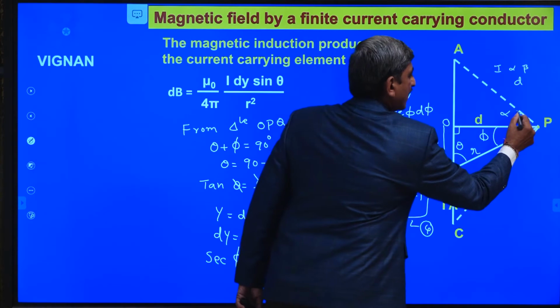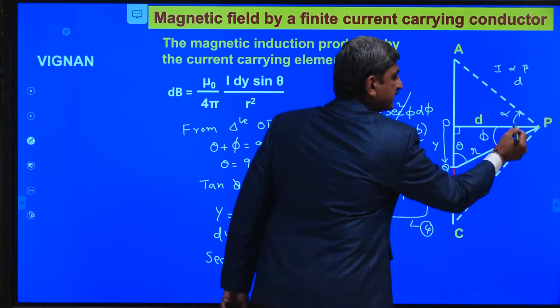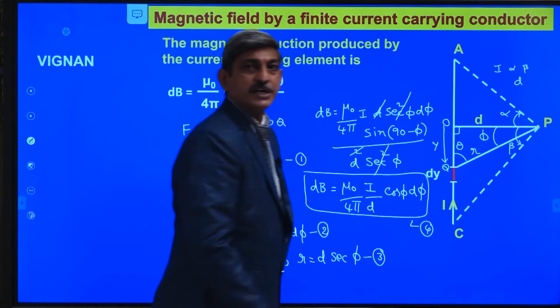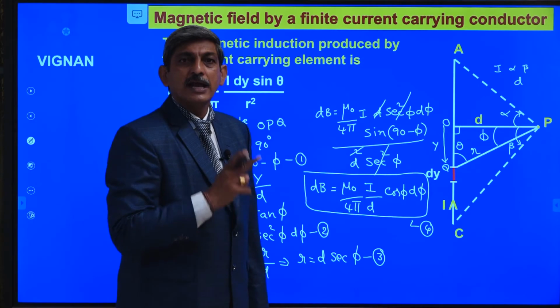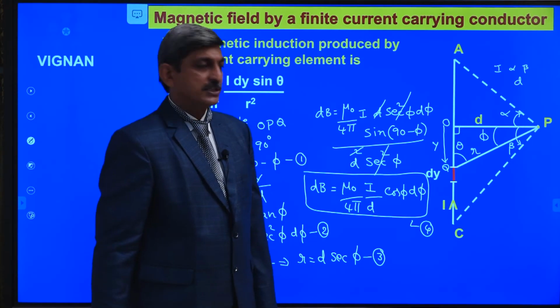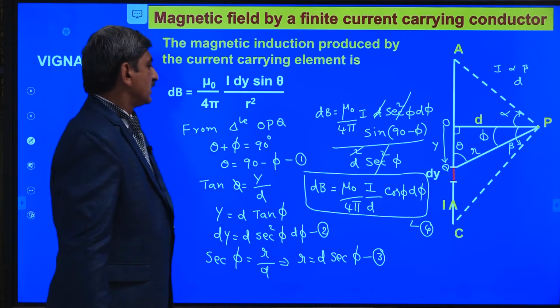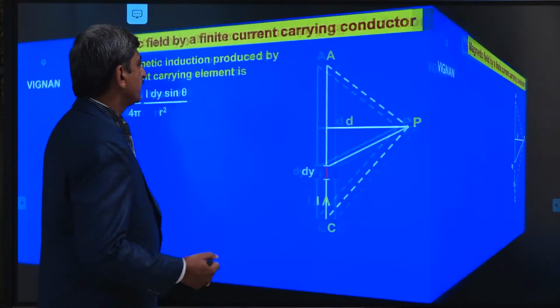Here, this alpha is taken in the clockwise direction, whereas this beta is taken in the anti-clockwise direction. So alpha has to be taken with the positive sign and beta has to be taken with the negative sign while taking the limits of the integration. So the magnetic induction produced by the entire wire is given by